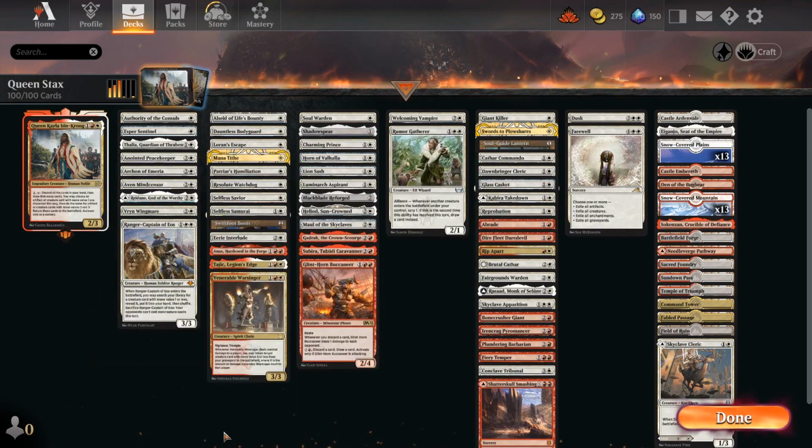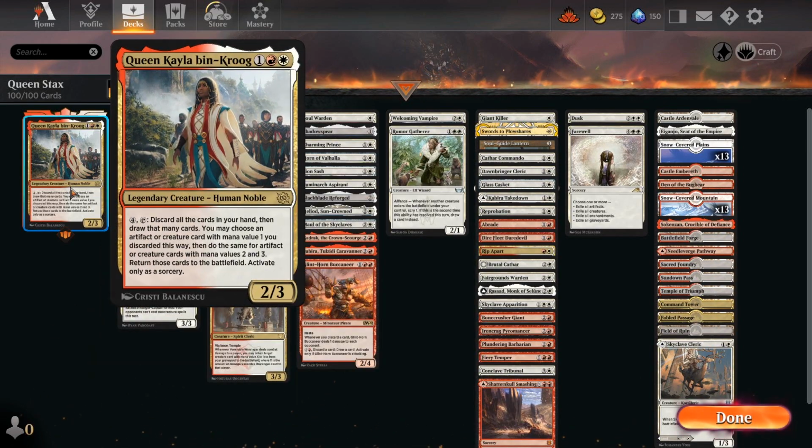How do we play stacks with Queen Kayla bin-Kroog? Well, she has this ability where you discard all cards in your hand and draw that many cards. So anything that triggers on discarding cards is going to go off. Anything that triggers on drawing cards is going to go off. And then you can choose creature or artifact cards with mana value 1, 2, or 3 and play them for